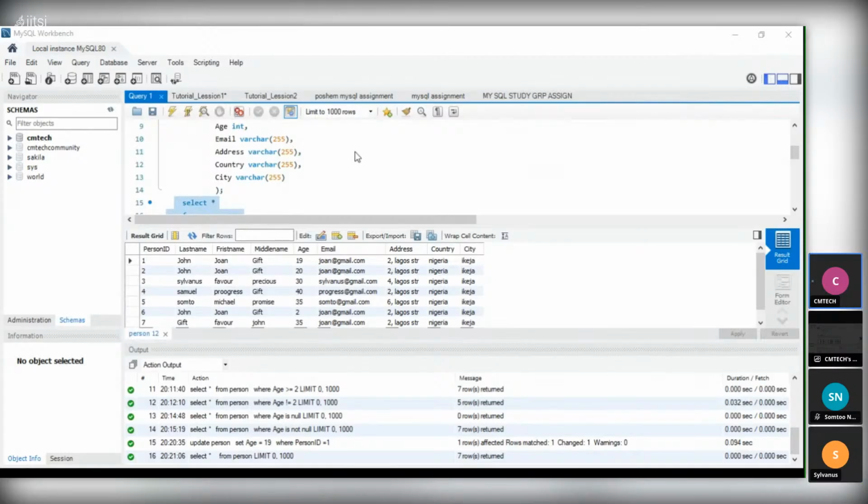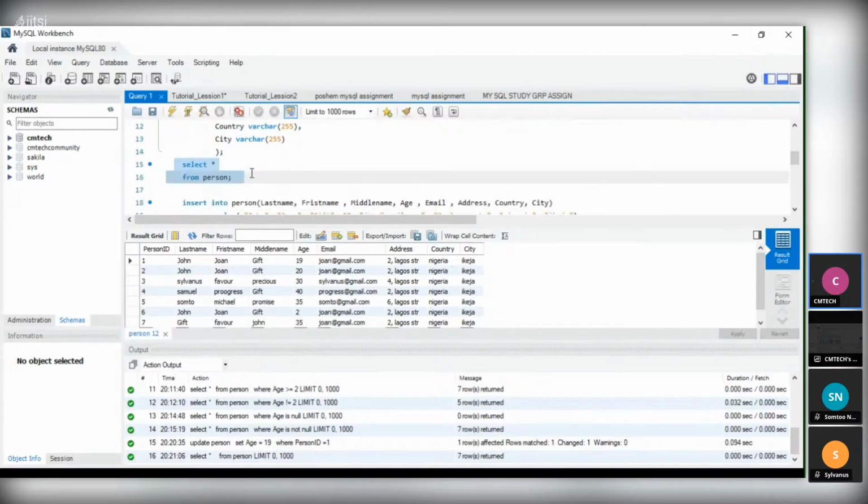Good. So I want your interaction now. I want to change row 6. Now, Silvanus, you give me the code on how I will change row 6. So you will be the one to teach me now.